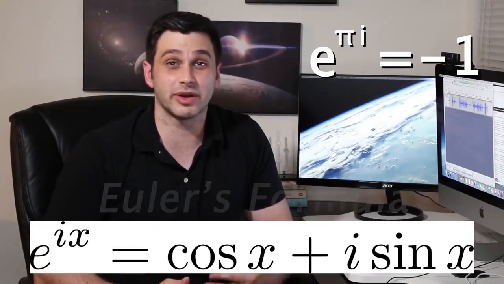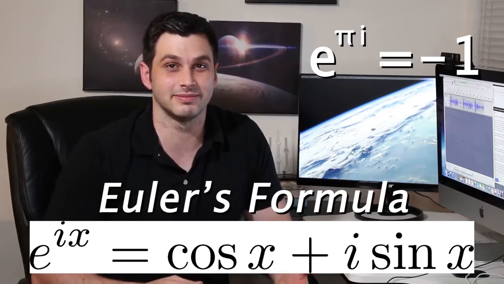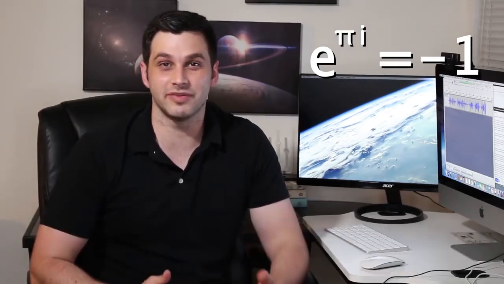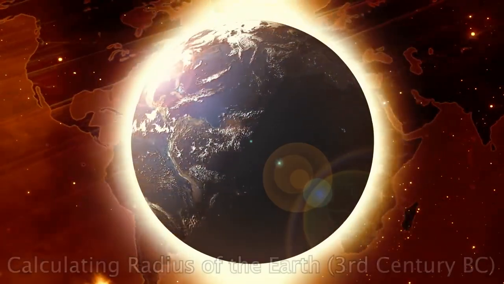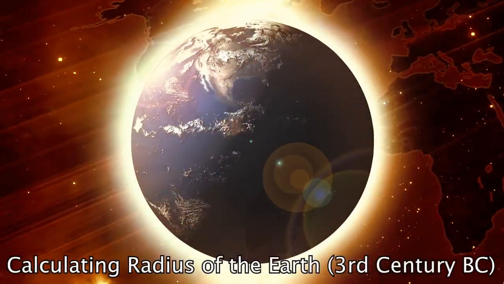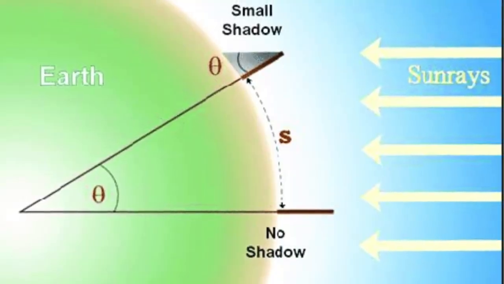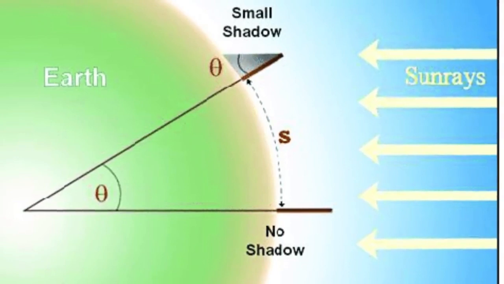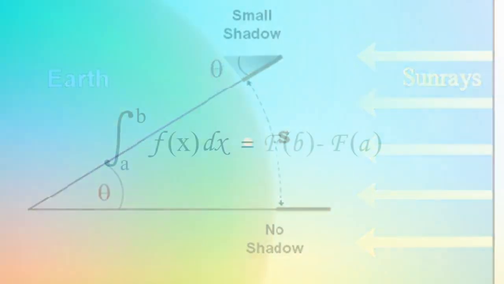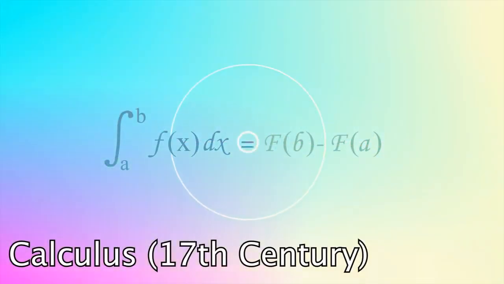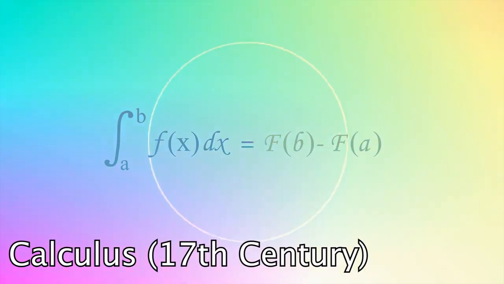and so on were all discovered hundreds to even thousands of years ago, so I'm not going to cover those in any detail. But if you want a random fun fact, the radius of the Earth was approximated in the 3rd century BC to nearly 99% accuracy using basic geometry, deductive reasoning, and just measuring a shadow length. But with that said, now I'm going to jump ahead to the 17th century when calculus was introduced to the world, which would change math and physics forever.